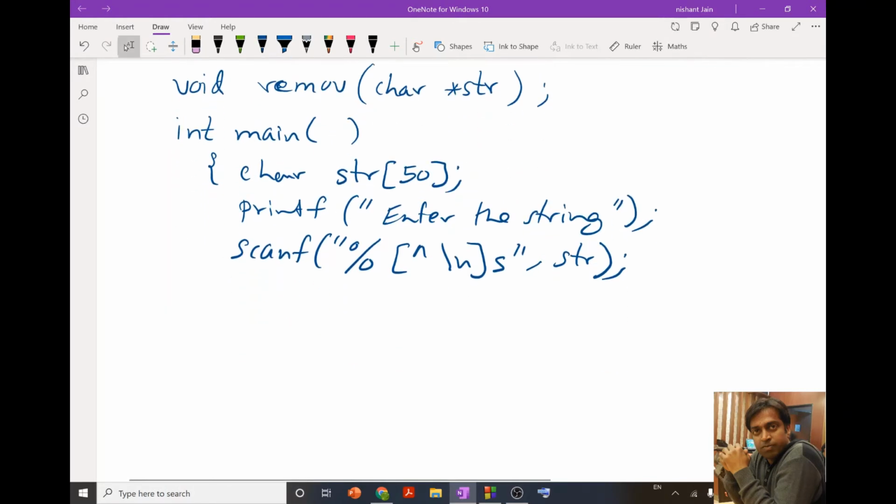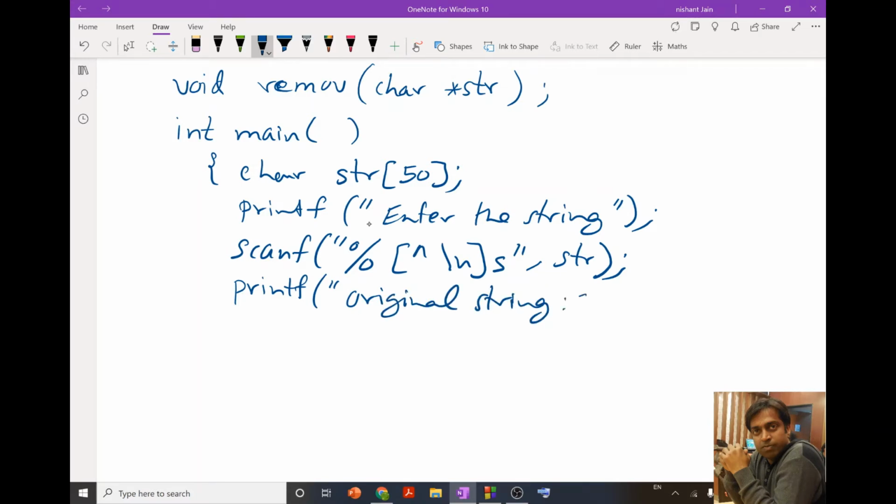After that we are going to first print the original string, then call this function remove, and here we pass the address of the first character, so it is str.